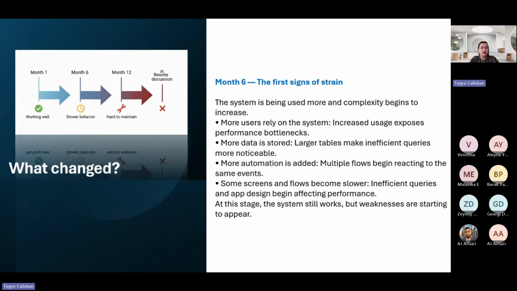Screens will have longer loading times. Flows will have interactions which are more complex now. It will have difficulty with small design decisions where we're going to have issues. The system still works. We don't see an issue here, but it's no longer an effortless system. So we need to start thinking that at this point architecture begins to matter, and we move forward.